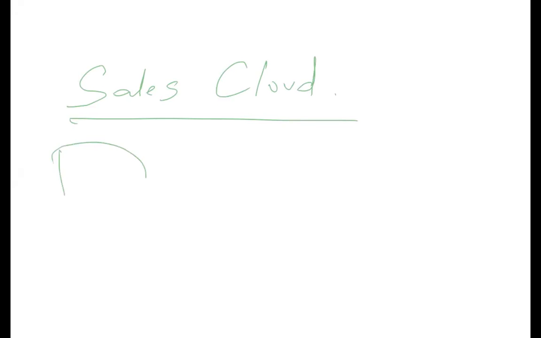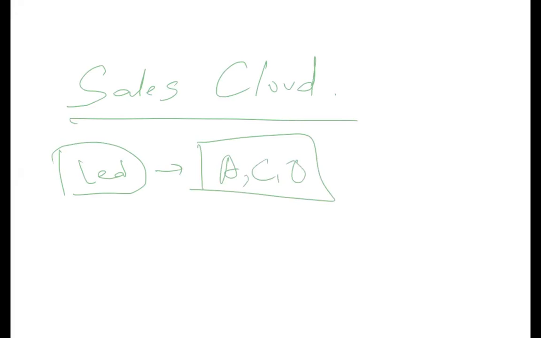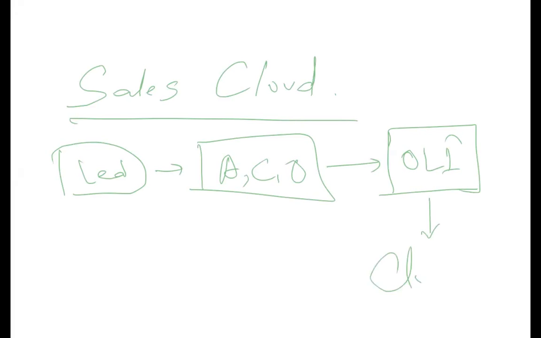Till now, what we have seen is the Sales Cloud software of Salesforce, which covers the total sales cycle. That means creation of lead, converting the lead into account, contact, and opportunity, then adding opportunity line items. That means adding products to that opportunity, and then closing it. This is the whole business which we saw, and this is done by the sales representatives.